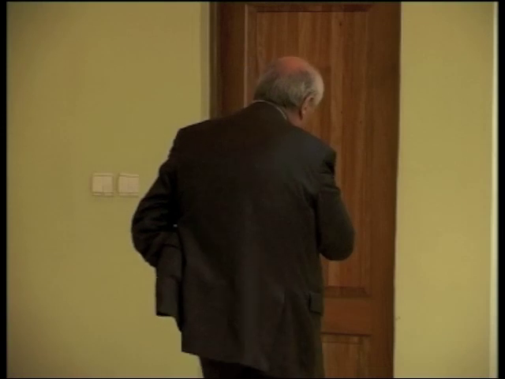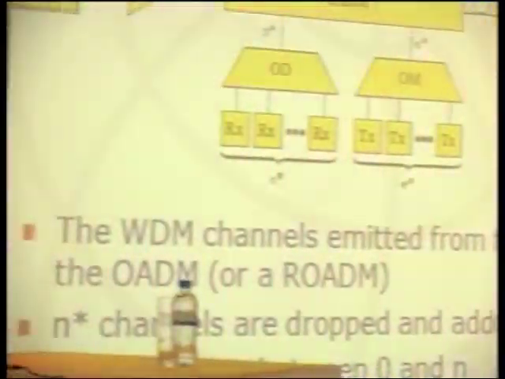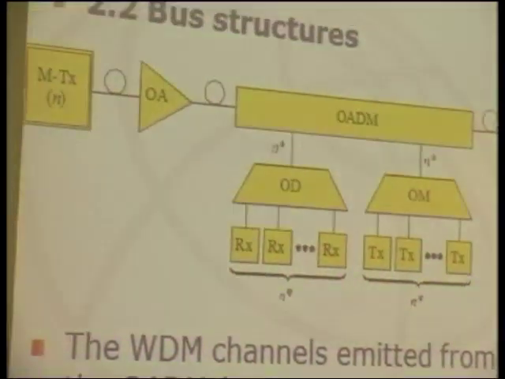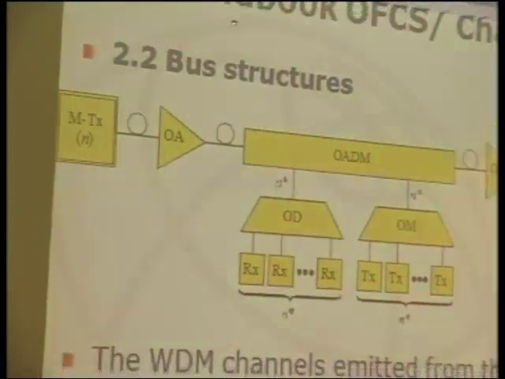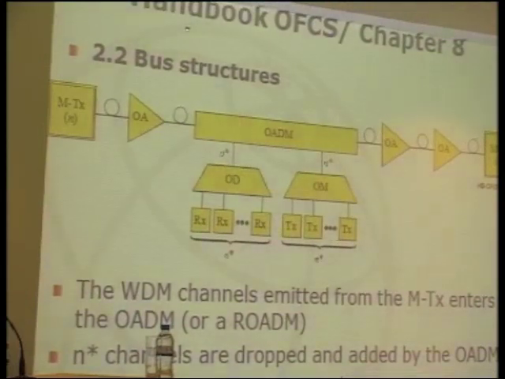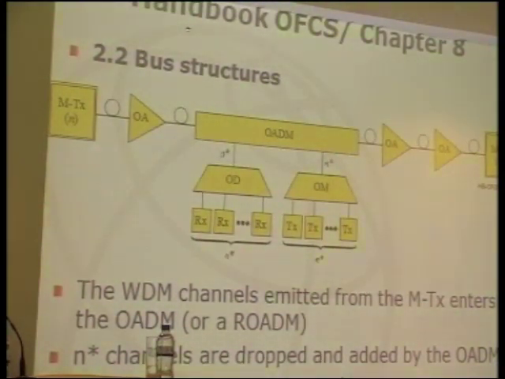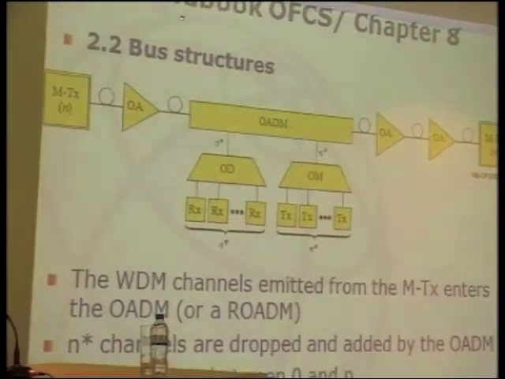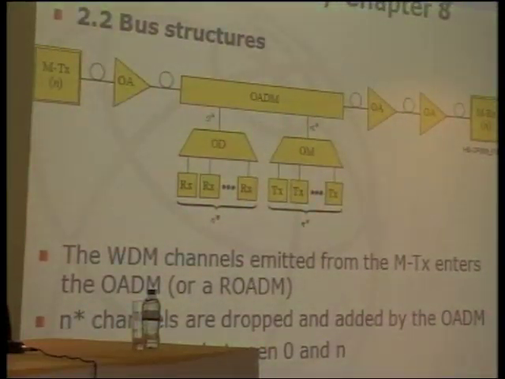You saw yesterday or the day before yesterday OADM, and what you know now is that from the total number of wavelengths which are passing through the device, some of them, which can be 0, can be all, or can be any number between, can be extracted, or in technical terms, dropped, and the same